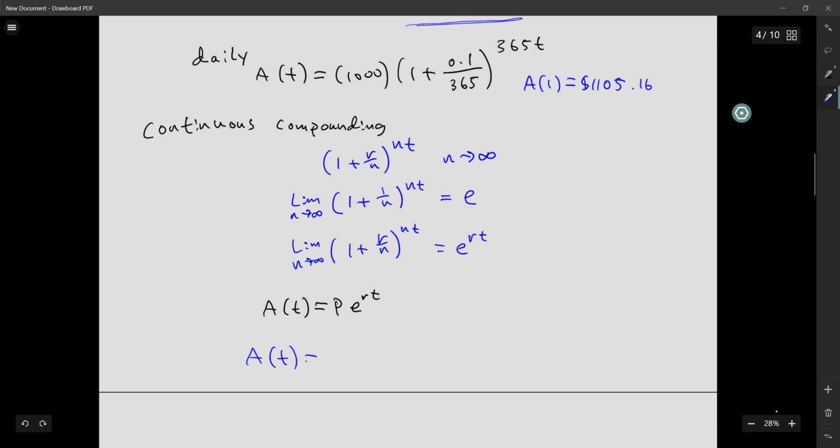A of t would be equal to 1,000, using our previous example. E to the rate was 10%, so 0.1 to the t. And if I plug that in for 1 year, I get A of 1 equal to 1105.17. So barely better than 365. But this is the limit as I let the compounds go to infinity. So if I let it run compounding for every minute, I'd probably get exactly the same answer here in terms